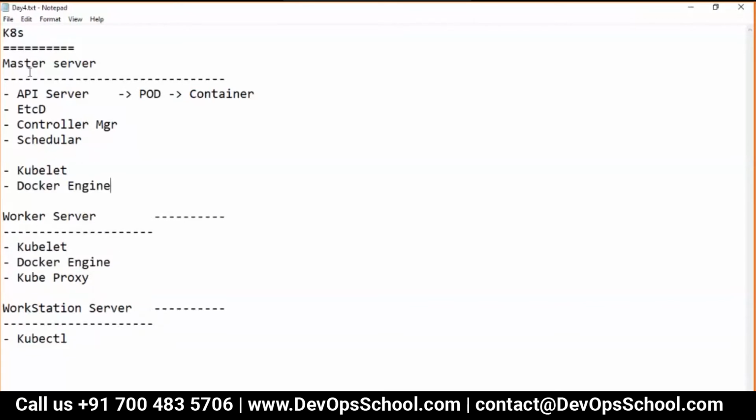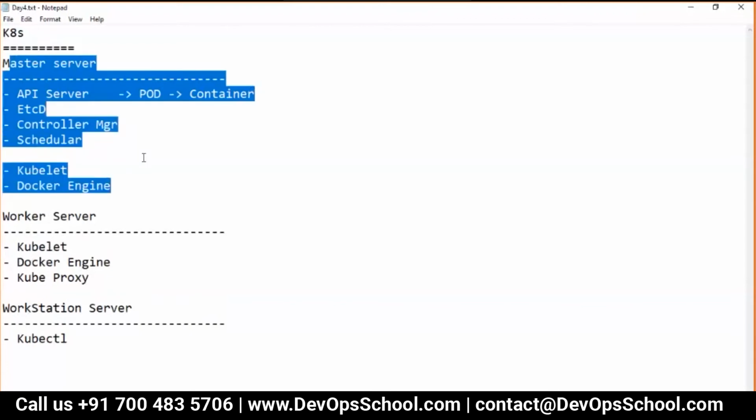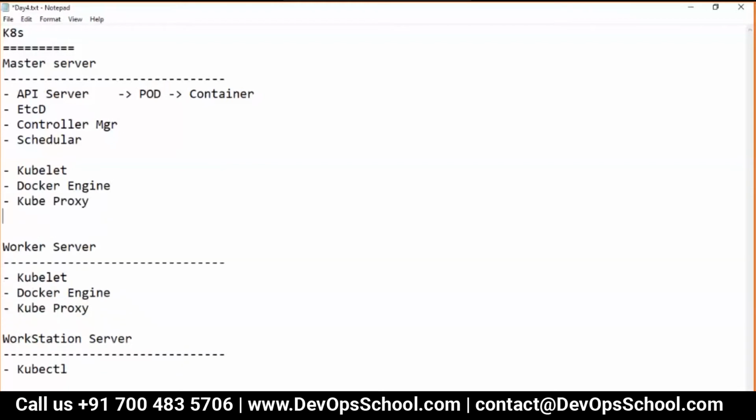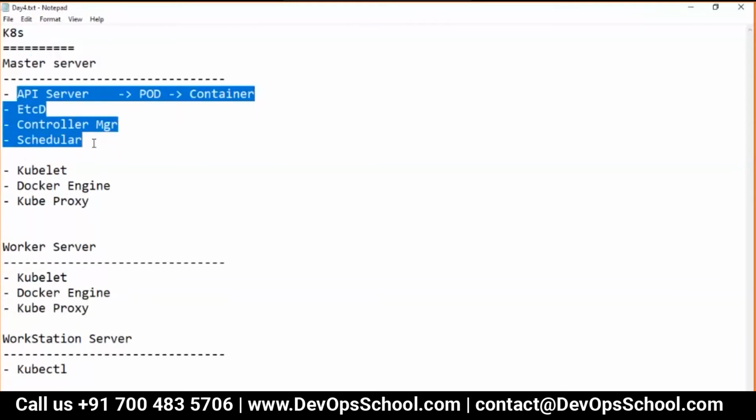So don't you think Docker should be a part of the master server also? Guys, pod gets IP address from where? Kubeproxy. So guys, don't you think this application has to be there here as well? Yes. This application has to be there in the master server also.